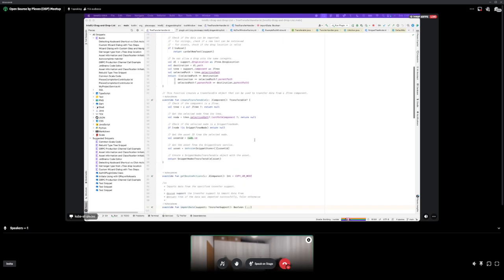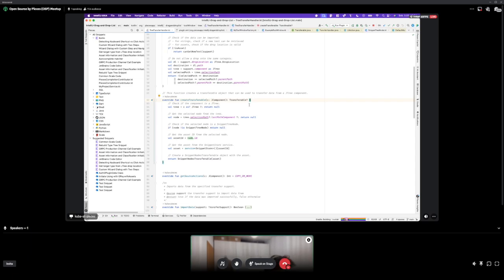So now the last thing we need to do, because we now know we can import, we can handle things being dropped on our component, be it they are moved or imported from outside of our component. We know how to handle them, we know how to deal with them. And so the last thing this transfer handler is responsible for is actually being able to tell if we can export things. This is what the create transferable method is for.